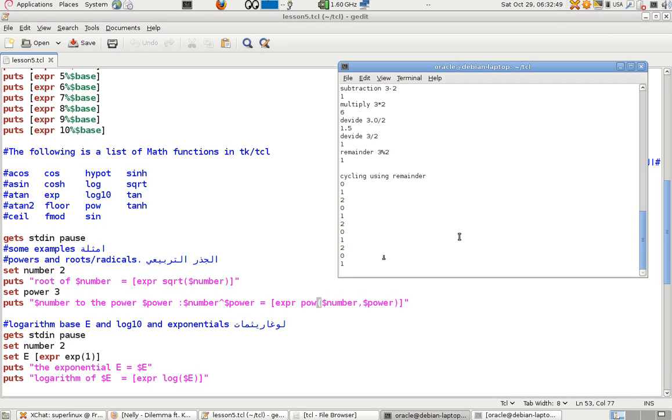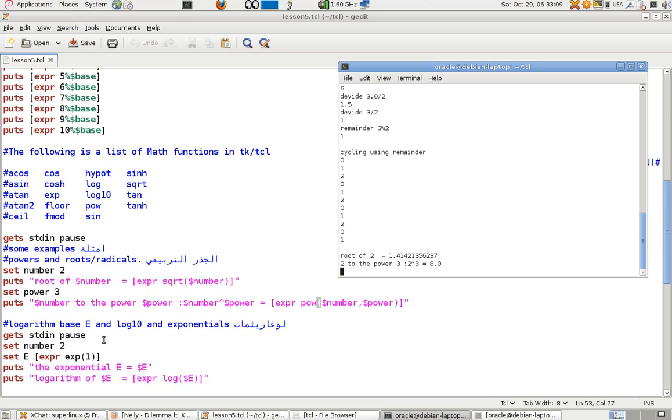So I press enter and get the square root of 2 and 2 to the power 3. So 2 to the power 3 is 2 times 2 times 2, which is 8, and this is the root, 1.4. Okay, now